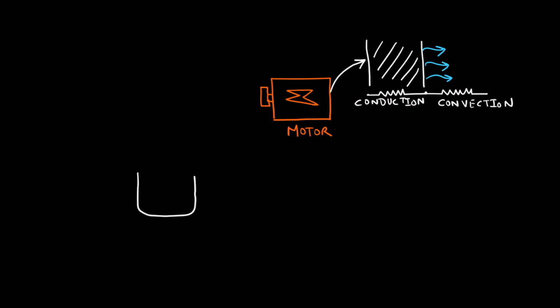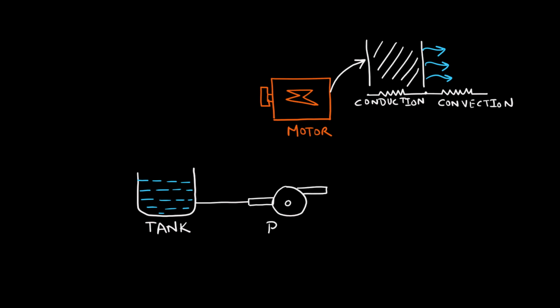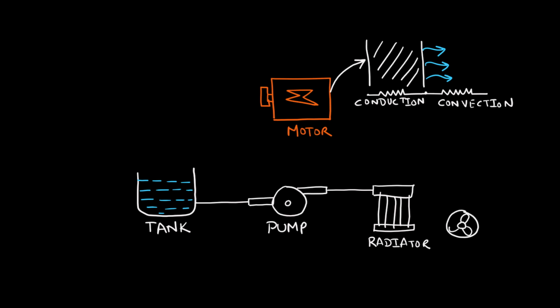In the cooling system, we start with a tank that serves as a reservoir for the liquid coolant. Then, the coolant is propelled by the pump, which maintains a continuous flow. Further, the next component is a radiator that acts as a heat exchanger for the heat transfer from the coolant to the surrounding air. Plus, the fan enhances the airflow, increasing the cooling efficiency.